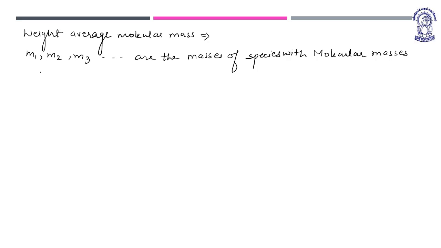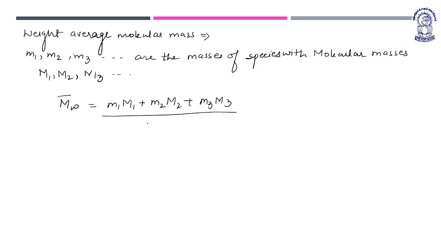Then the weight average molecular mass can be given as Mw equals m1 M1 plus m2 M2 plus m3 M3 upon